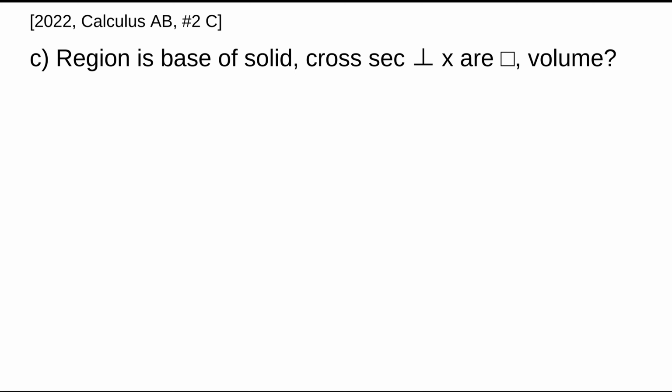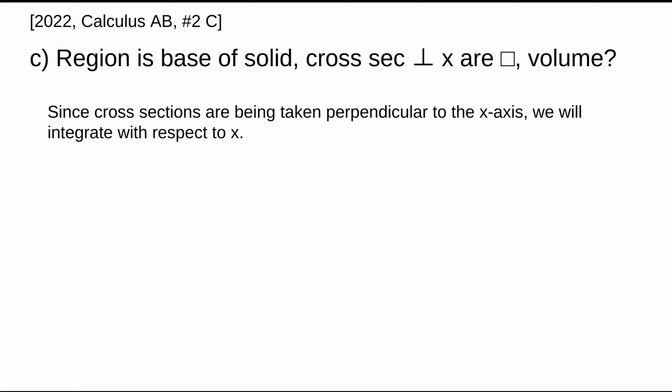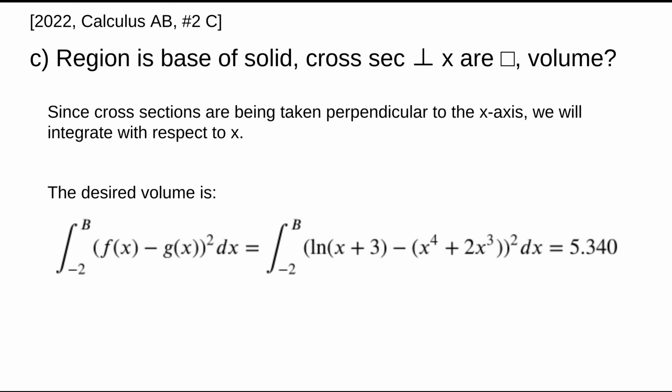In part C, we're given that this region is the base of a solid and that cross sections taken perpendicular to the x-axis are squares, and then we are asked to compute the volume of that solid. Now, since cross sections are being taken perpendicular to the x-axis, we're going to integrate with respect to x. All right, so that volume is going to be found using the integral from -2 to b of f of x minus g of x squared